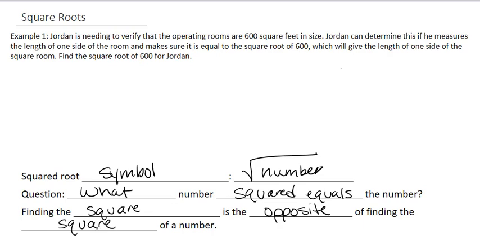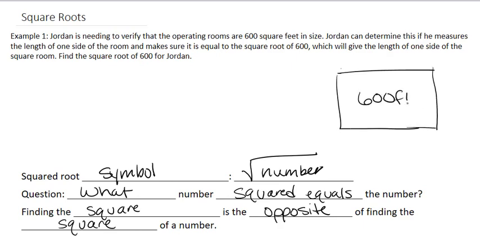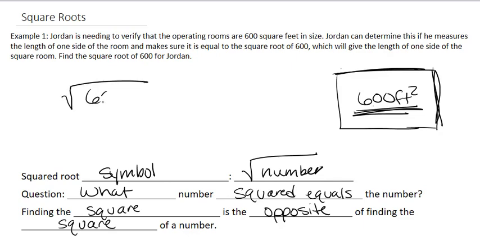So let's go over a few things. So we know this room needs to be 600 feet squared, which is the area. So one side times another side is equal to 600. So we're just trying to find the length of one side, which is the square root. So if we put 600 in the square root symbol, what do we get? Which is